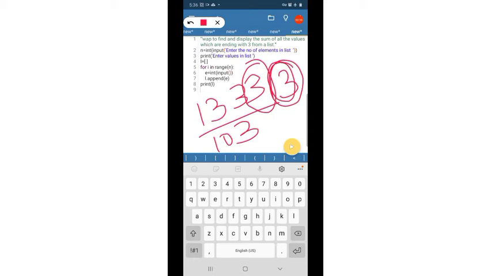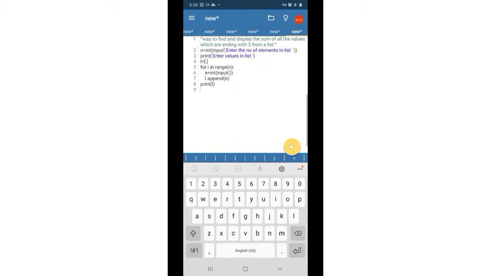If we need 2 digits, suppose ending with 13, then divided by 100. So here in this program we need to find out all the elements which end with 3 and find out the sum of all those elements.